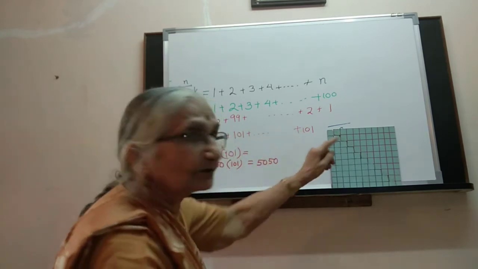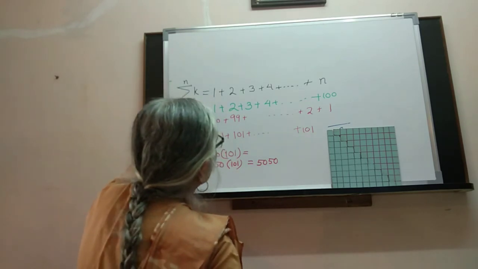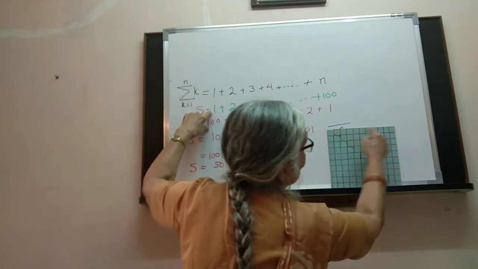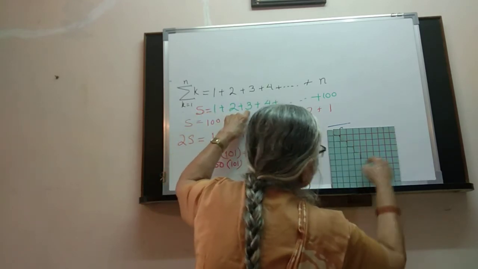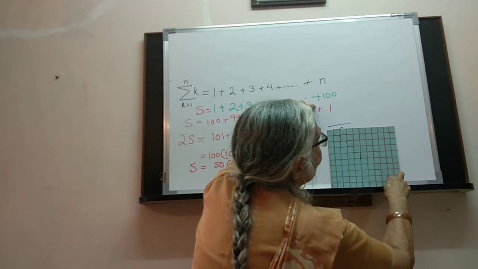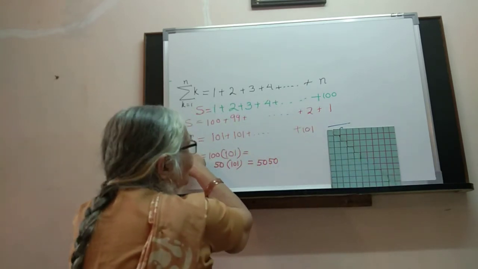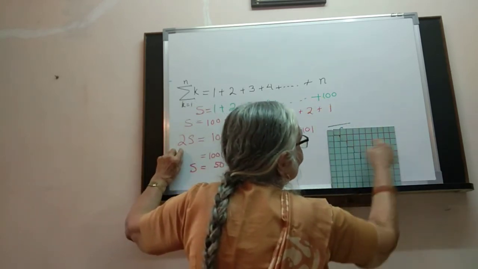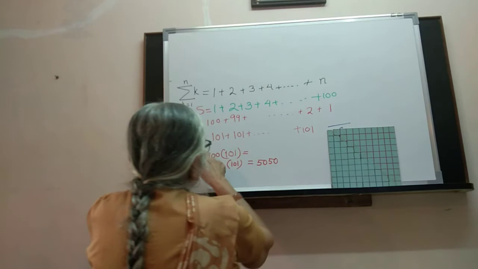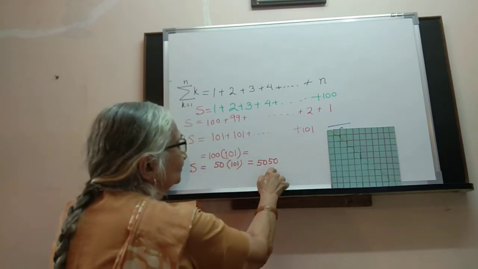And now you can see that this is precisely what we have done in the model. With 1, he has taken 100. With 1, we took n. Then with 2, we took 1 less. With 3, we took 1 less. And with the last n, we took 1. And then when we added, we got double. This 101 is n plus 1. We got n plus 1, n plus 1, n times. N plus 1, n times. And when you divide by 2, you get it.